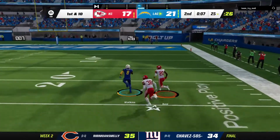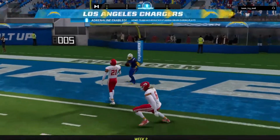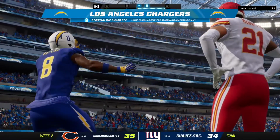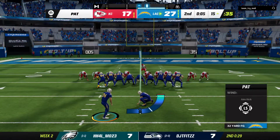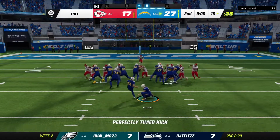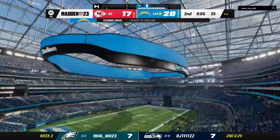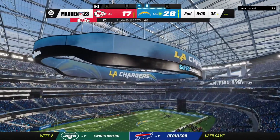And that's caught inside the 35. And all the way in for a Charger touchdown. Quez Watkins in the final seconds of the first half. And the Chargers will extend their lead here just before halftime. Extra point by Gain is up and good. And that pushes the lead up to